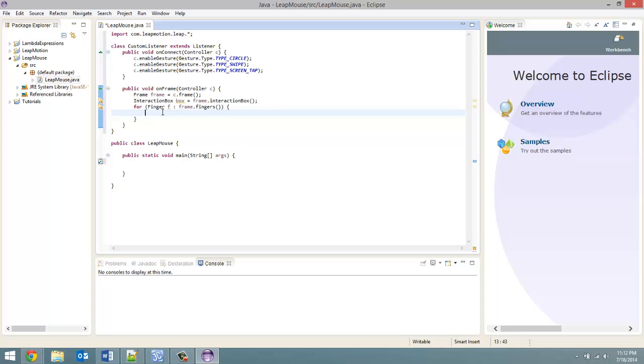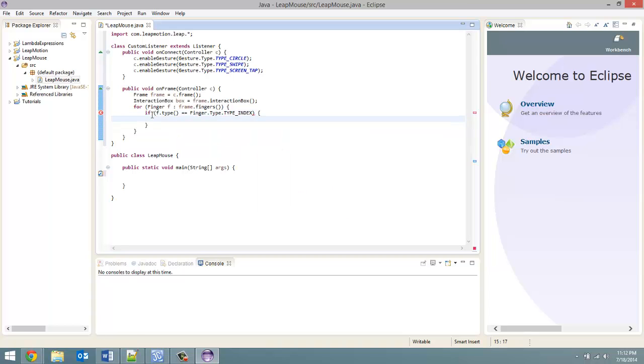And now what we're going to do is check to see or determine which one's the index finger. So what we're going to do is our mouse cursor is going to follow my index finger around the screen. So if f.type equals Finger.Type.TYPE_INDEX. So if it's our index finger, in a lot more simple words, if it's our index finger, what we're